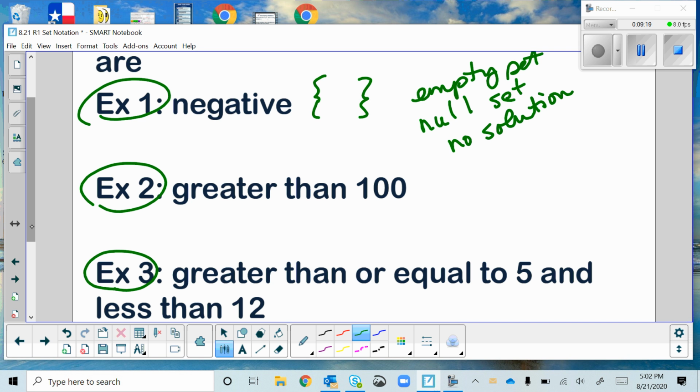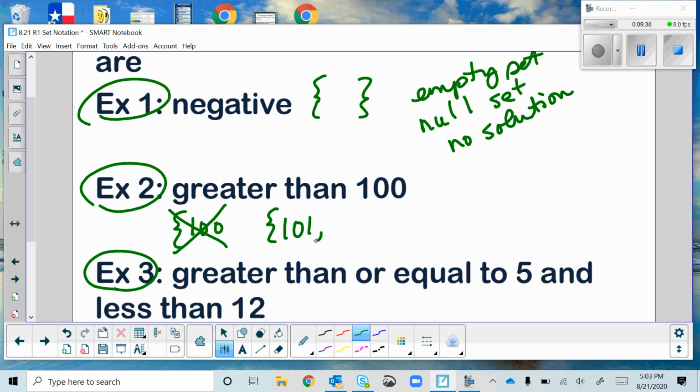Now, for example 2, you might have thought, okay, greater than 100 natural numbers. If you started with 100 as the first thing, you were going too fast, because it says we want the first natural number that's greater than 100, and that's 101. And if after that you thought, oh, well, there's infinitely many numbers, and I am not listing all those numbers, and you decided to do